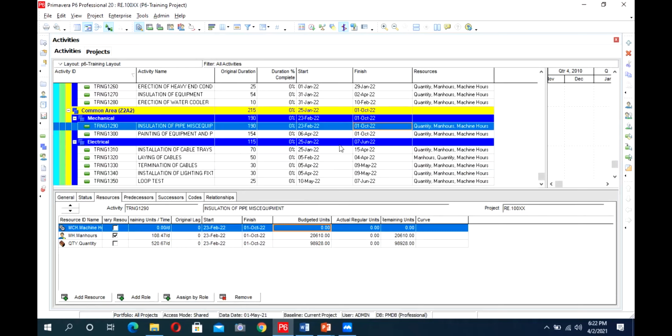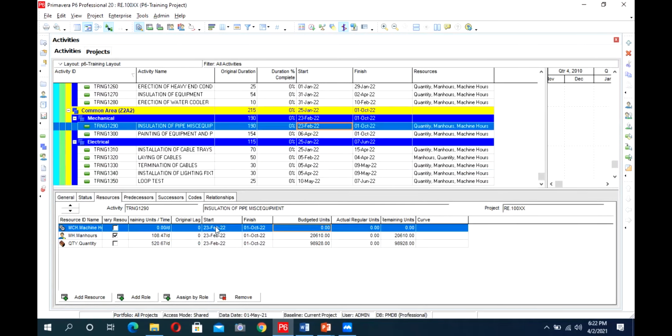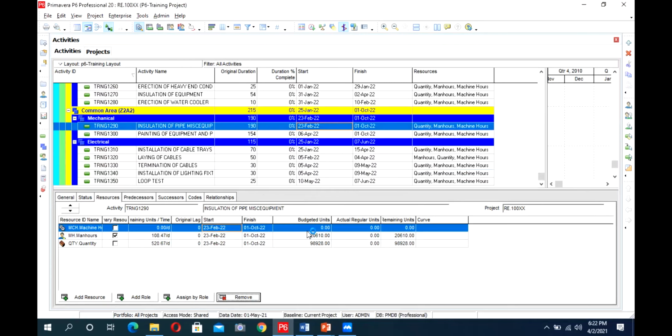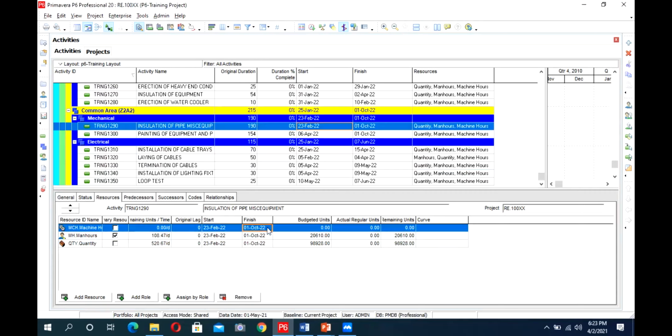Like in this activity, we have 0 units for this resource. So we can remove this resource. It will not impact it. But in the exercise, we have added it and given it 0 units, so I have kept it like this. If it has 0 units, no need to add this resource. And if we have added it and given 0 units, it's the same. It will have no impact on your resource curve or resource loading. It will have no presence there.